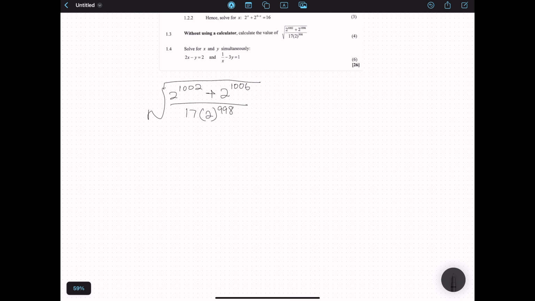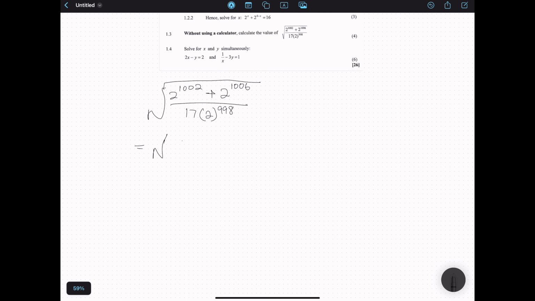So when you are given this kind of a question, try to find the like term, try to find what is common at the bottom and at the top. So you can see we have 2. So first thing that we want to do, we want to factorize. Look at the common factor, then factorize. Then we're going to have the square root of,